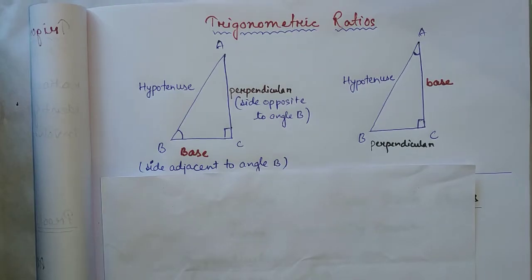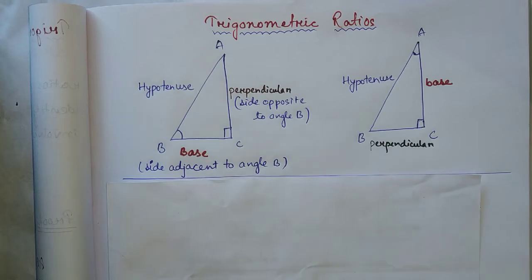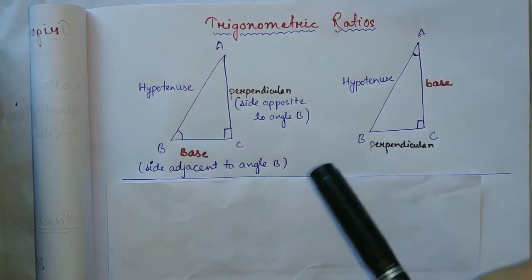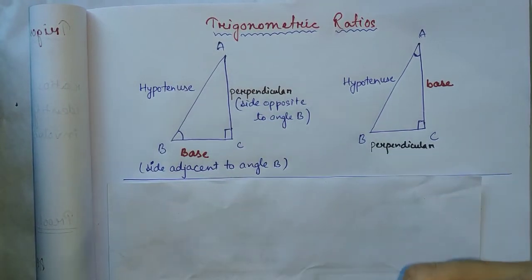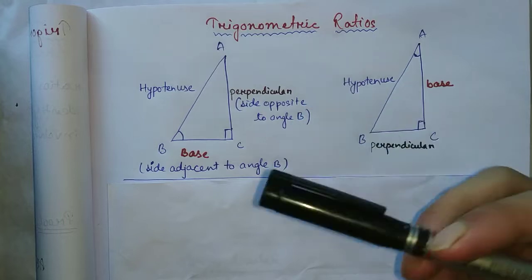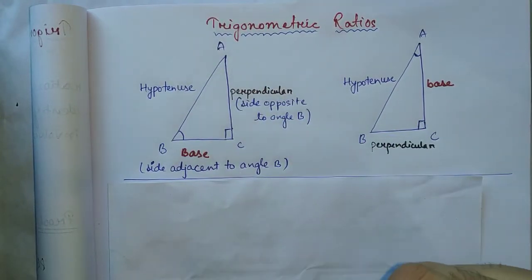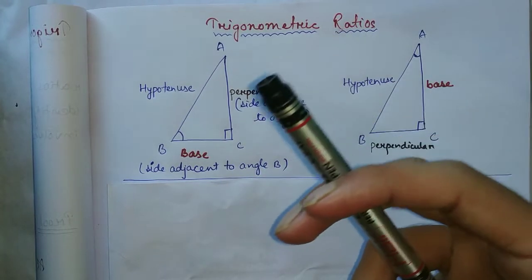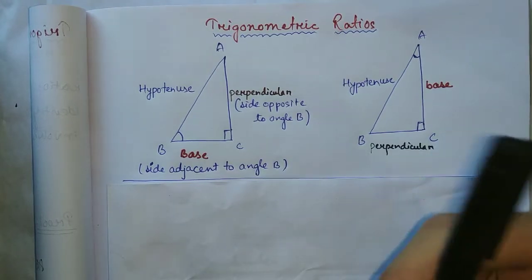Now before learning about the trigonometric ratios, let me introduce you to some terms which we are going to need in order to learn the trigonometric ratios. There are basically three terms: hypotenuse, perpendicular and base. So we all know the hypotenuse is the longest side of a triangle. But how do we determine which is the longest side? You can determine it easily in this triangle, but there are some triangles in which it is very difficult to find which is the longest side. We have to measure it to identify it. But what if we don't have a scale? How can we know which is the longest side?